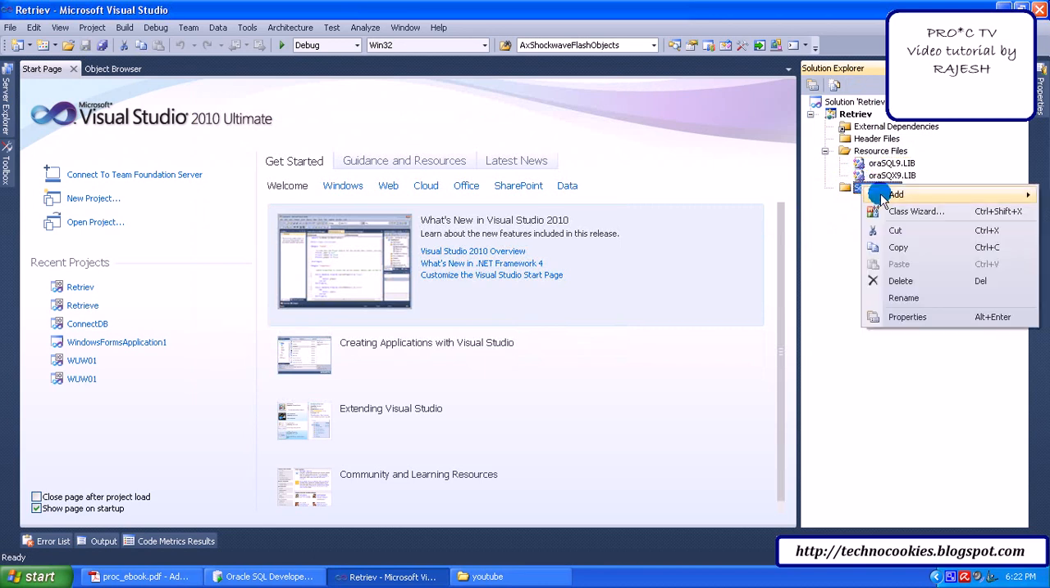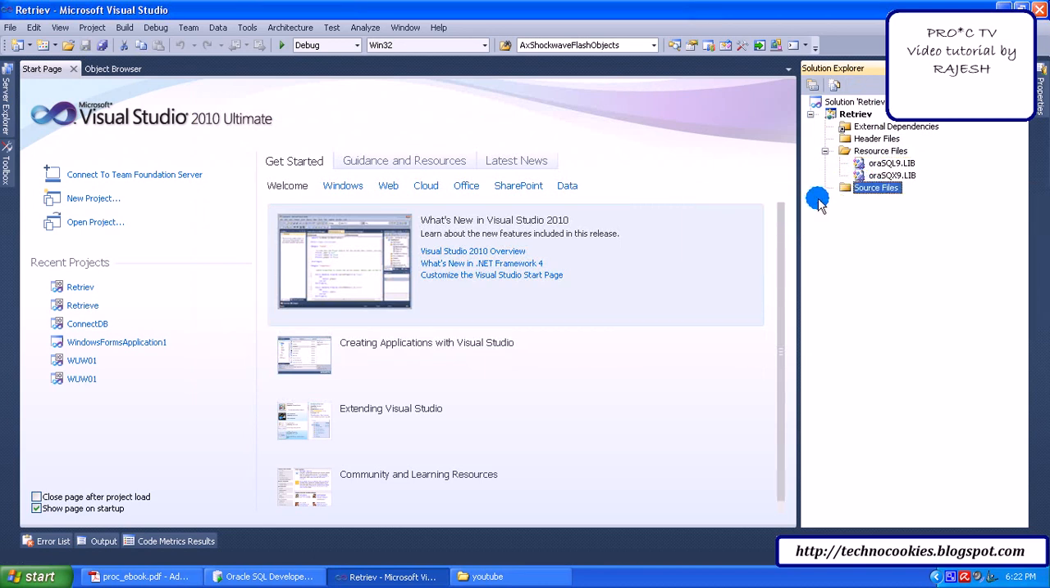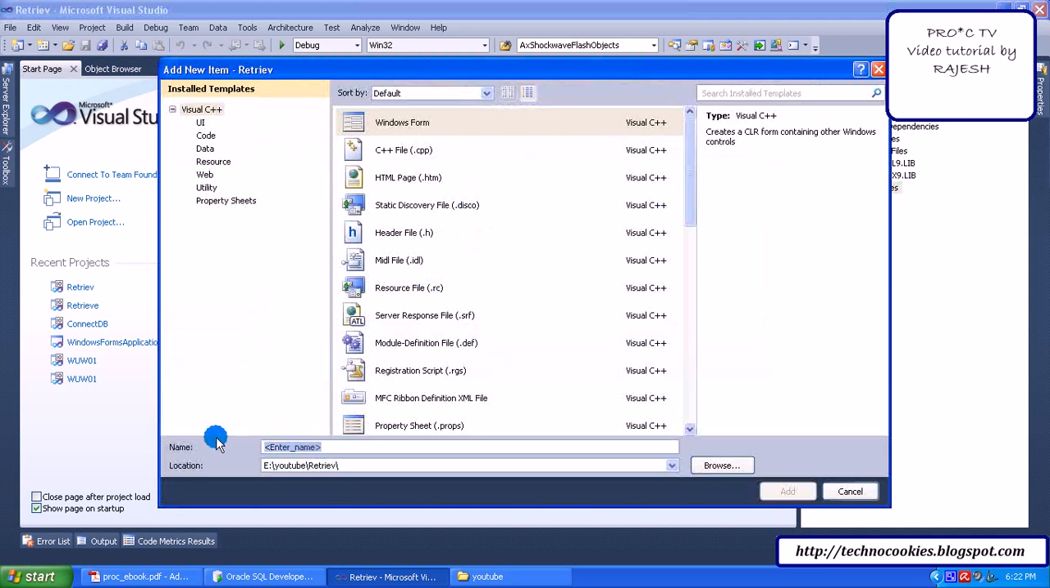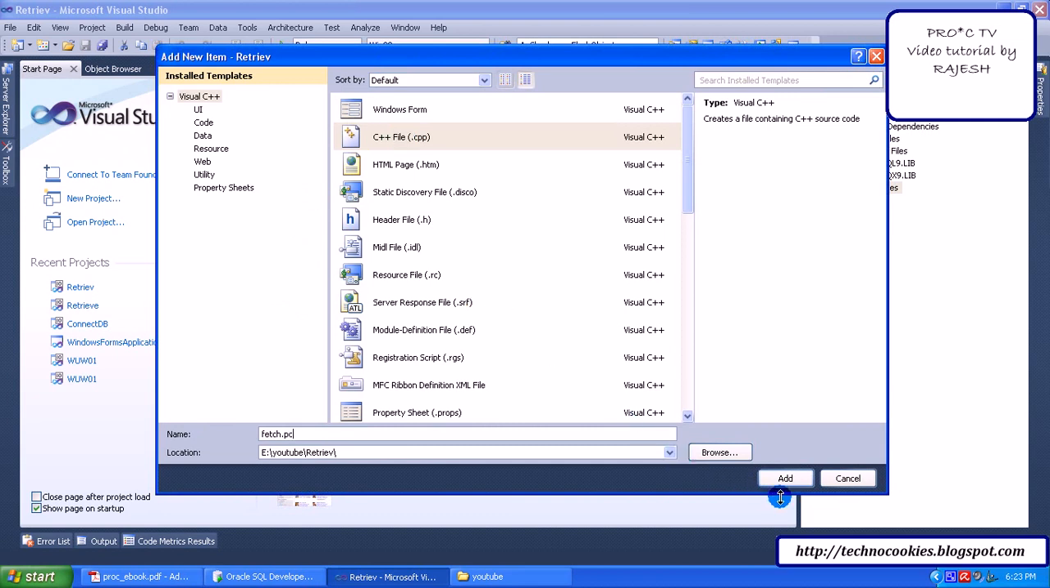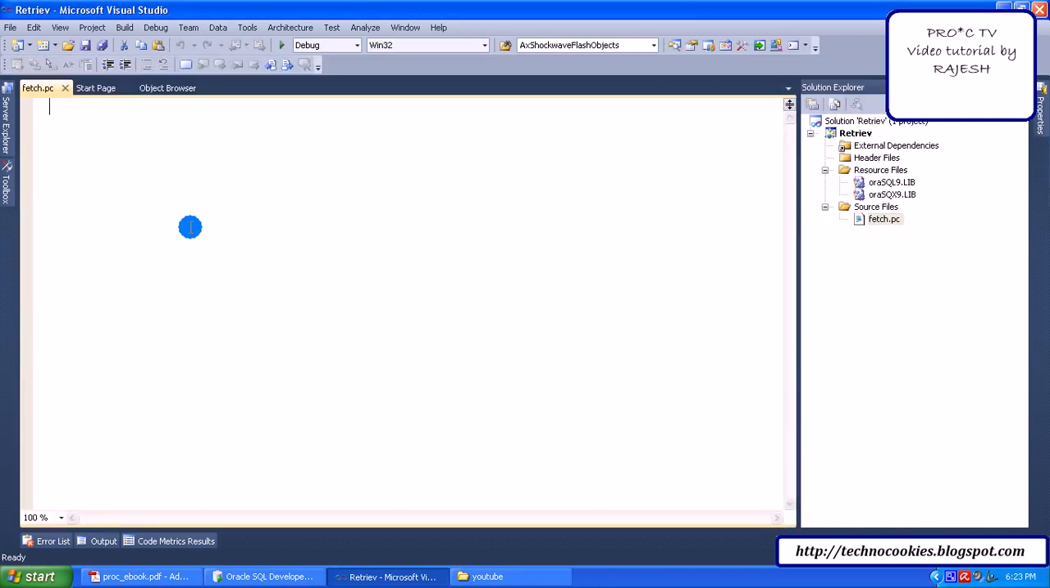So now right click on the source files, go to Add, say New Item, select C++ file, and here give the file name fetch.pc, because we are going to write a ProC program, so the extension must be .pc. Say Add. So first you need to declare the host variables, which are declared in between these two statements: exec sql begin declare section,